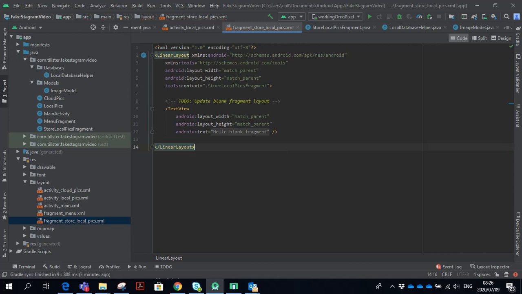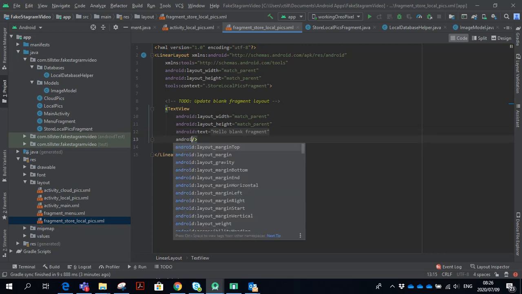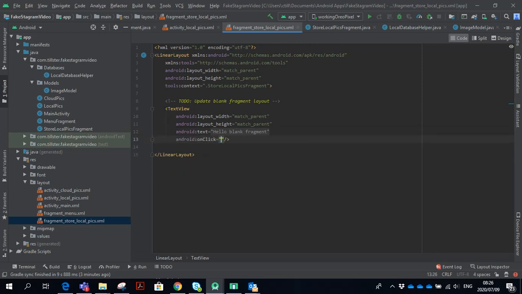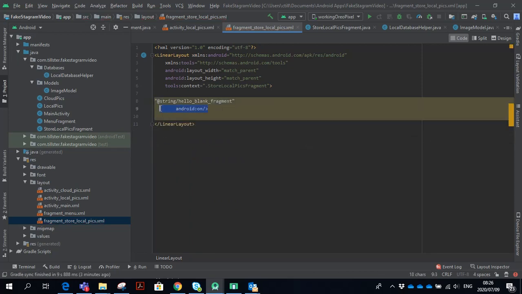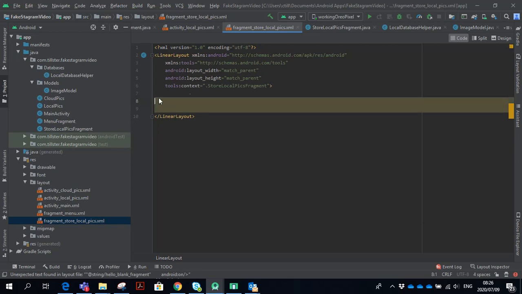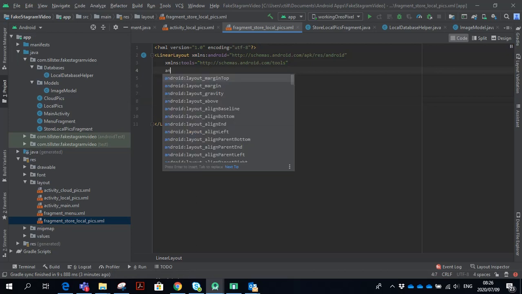And in this guy, we are going to set the orientation to vertical, and we're going to give it a background. Or are we? We'll see. And that's the text view, which we can actually drop. In here, we just want to set the orientation